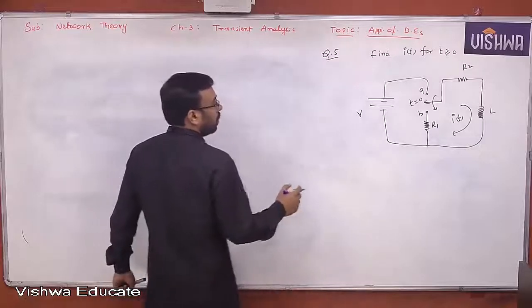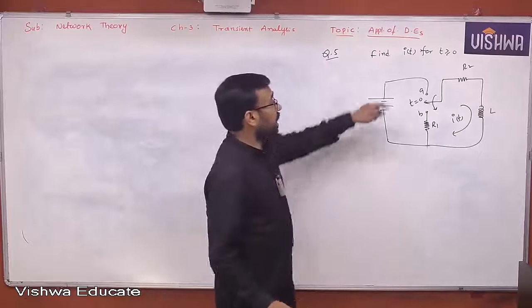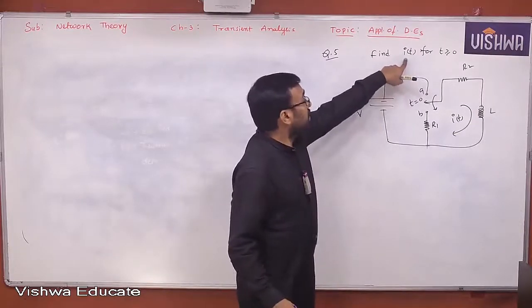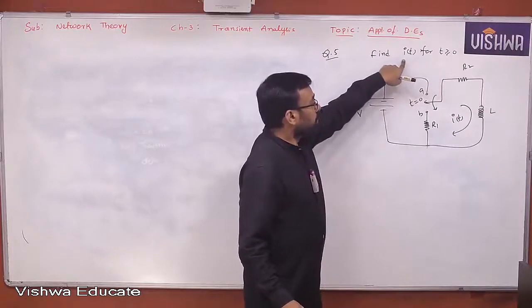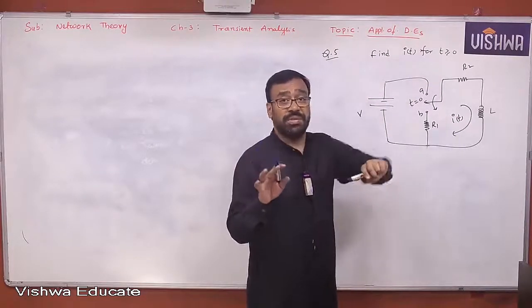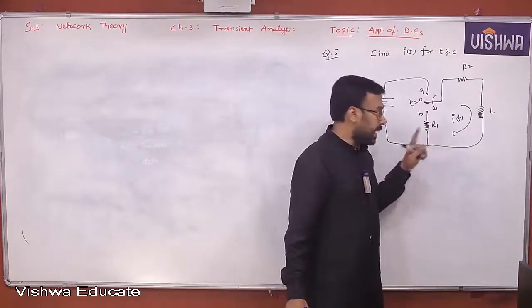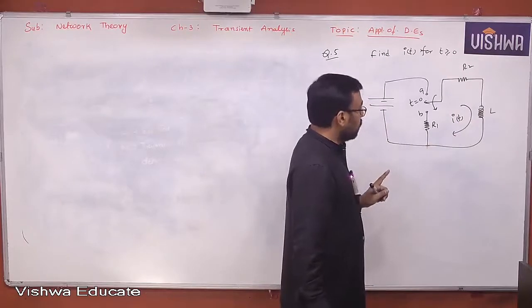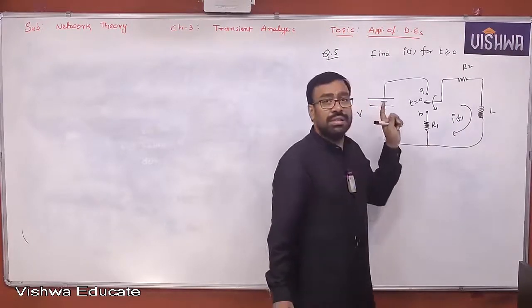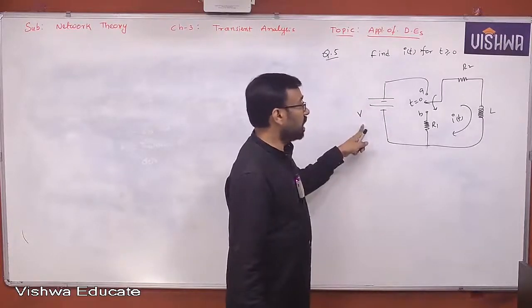So, is it a first order circuit? Whenever the network is given and you are asked to calculate the time response, immediately you must make certain observations in the problem. Whether it is a first order, yes, it is a first order because there is only one inductor, there is no capacitor. Whether it is excited by step input, yes, it is a DC function, therefore it is a step input.